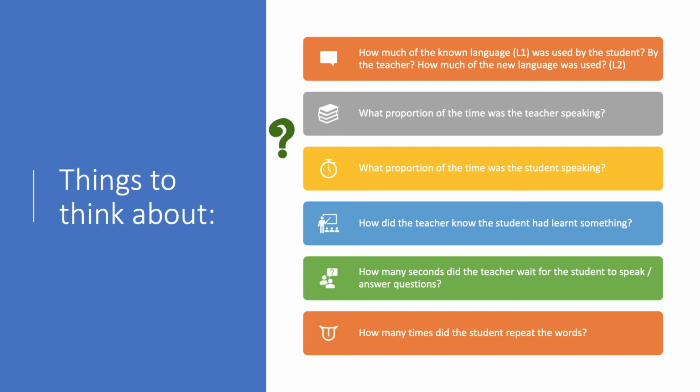I would say roughly the student was speaking 70 to 80% of the time. I would agree, yes. That's the plan, to get them to do most of the work and you to support them so that they've got close to the target. And I think the other thing you mentioned earlier was giving them the time to think, process it and speak. It's very easy to just jump in. I like the next question. How did the teacher know the student had learned something?